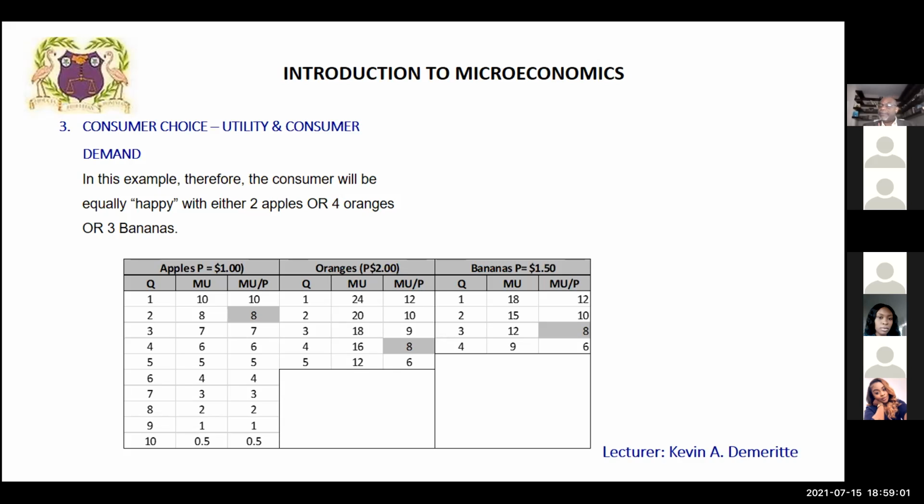That second banana, obviously not as much enjoyment as that first banana, because that's the way these things go. It still cost me $1.50. But I found out that my enjoyment per dollar spent also went down because I spent the same amount, but I got less enjoyment, less satisfaction from that second banana. Similarly for the third and the fourth banana. Each time I buy and consume an additional banana, I got less satisfaction for it. But since it's costing me the same amount each time,